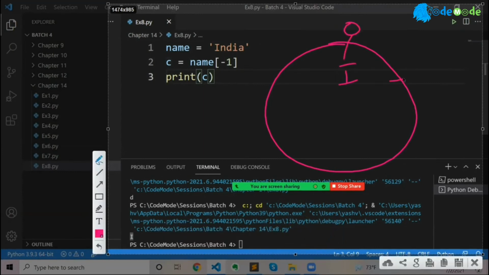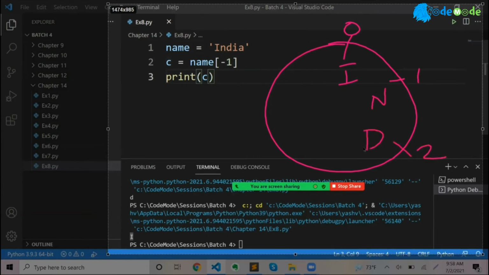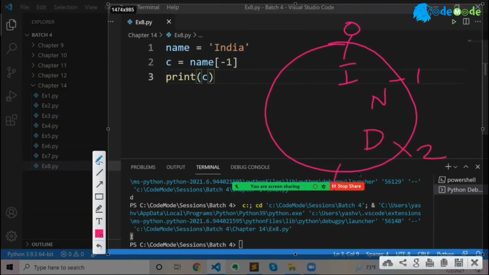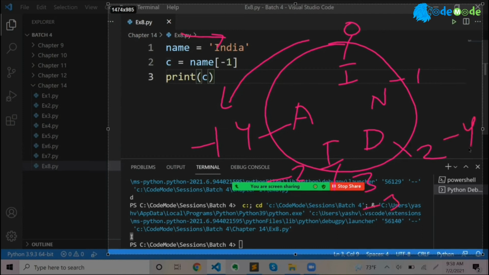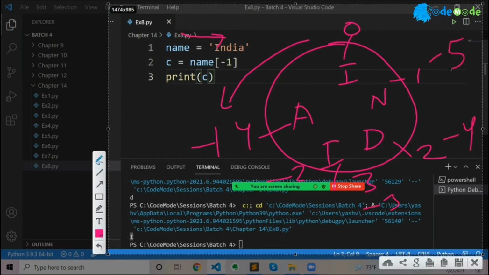This is letter I, 1 is N, 2 is D, 3 is I, 4 is A. This is how it is from this side to this side. But if you start reading from the other side, if this is 0, then this becomes -1, this becomes -2, -3, -4, and -5.